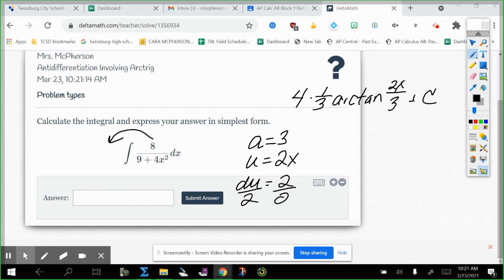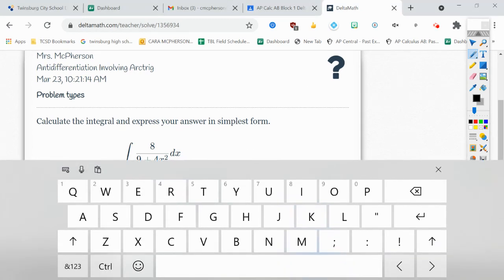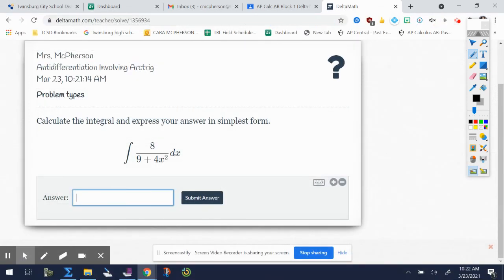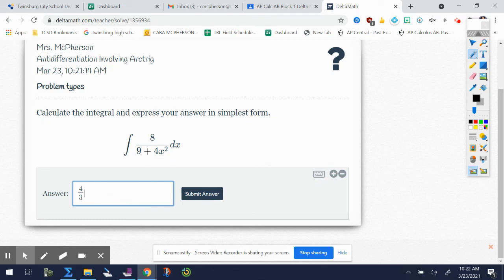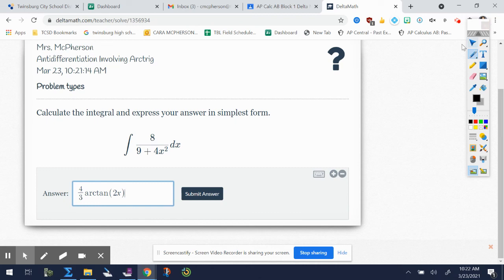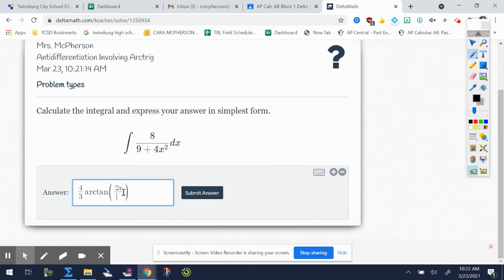I haven't typed these into Delta Math much, so let's see what this looks like. So this is going to be a 4/3 arctangent of 2x over, nope, I just want the 2x. Let me put that in parentheses. Probably make it easier to stand out. 2x. I really just want this to be over that. See if it lets me. There we go. 2x over 3